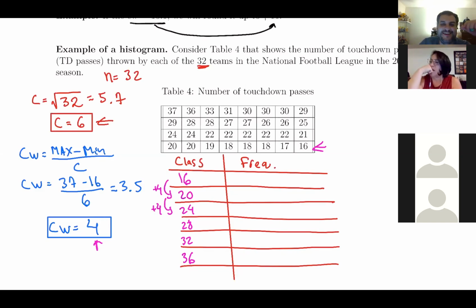All right. So up next, we want to create a range of numbers. We don't want to just have 16. We want to have an interval. So what we're going to do, you essentially move up this number. So this will be 16 to 20. This one you move up to 24. So it'll be 20 to 24, 28, 32, 36, and lastly 40.